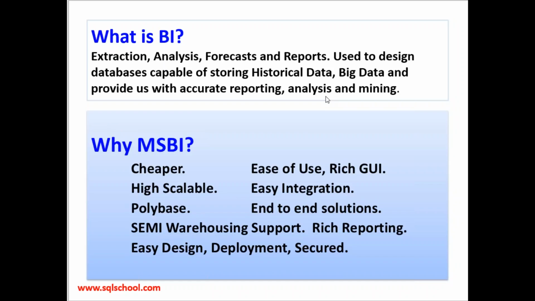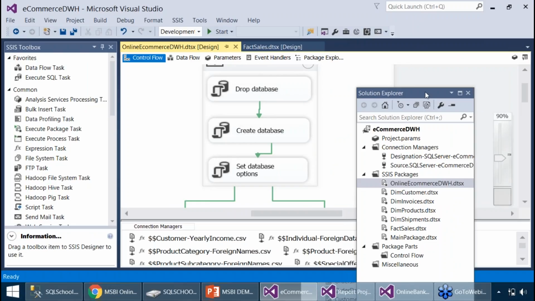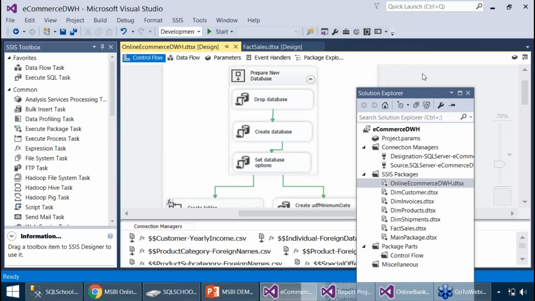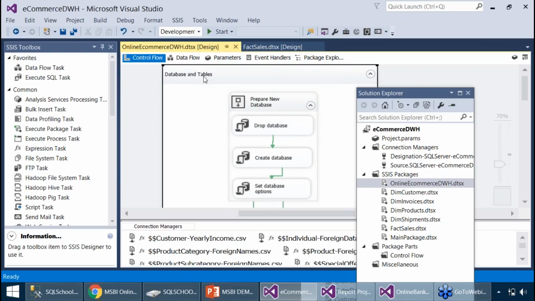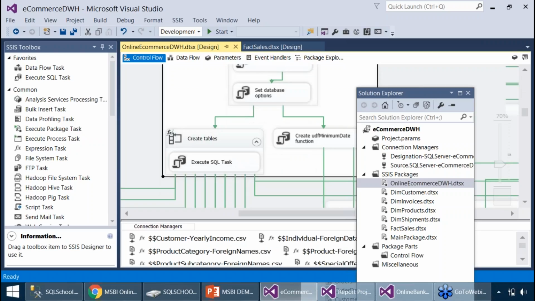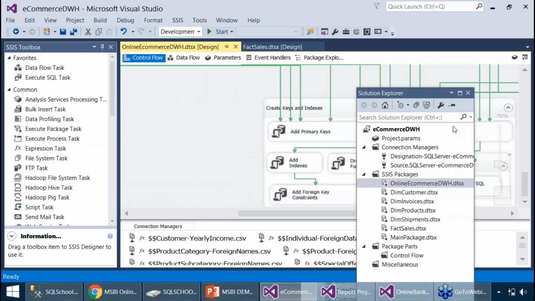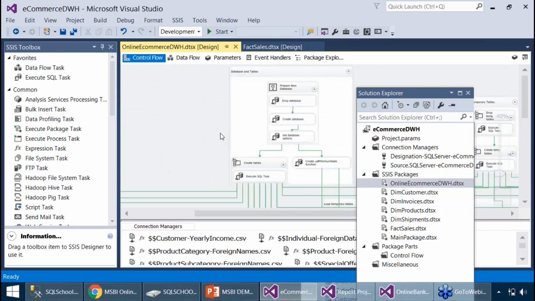For example, on my screen, this is one of the programs we will be designing in our actual Integration Services, SSIS, course. Something like this. You'll be having a good program, a lengthy program. And now what next? Once we design the program in a designer tool, something like this,